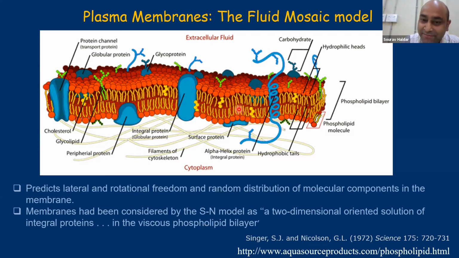It's often said that the viscosity of the bilayer, particularly in the interior of the bilayer, is more like olive oil. So if you know the viscosity of olive oil, you can have some idea of what the viscosity would be. And fluidity is nothing but the inverse of viscosity,